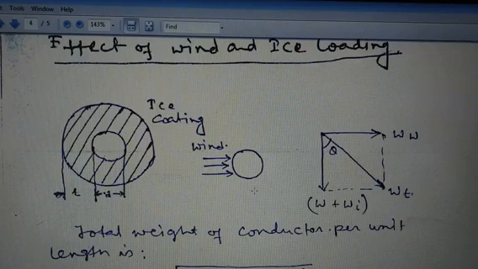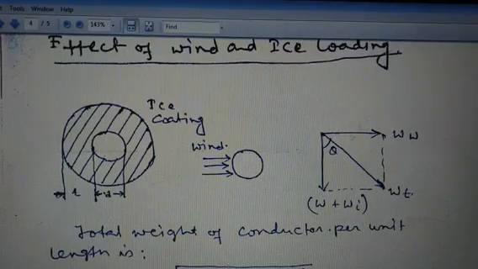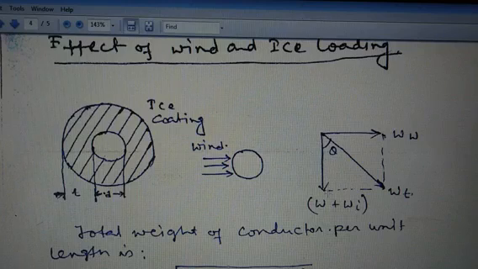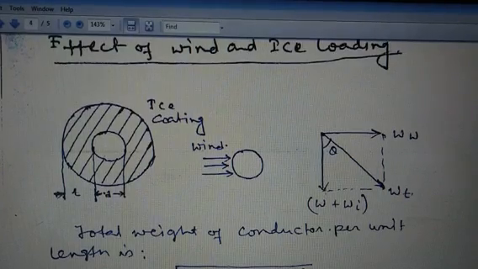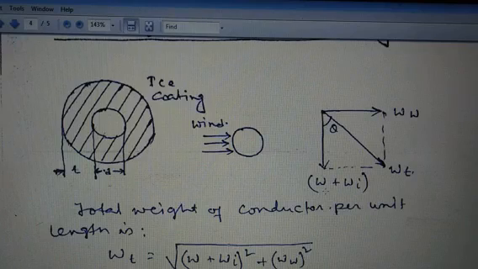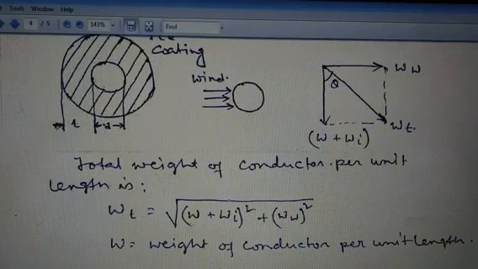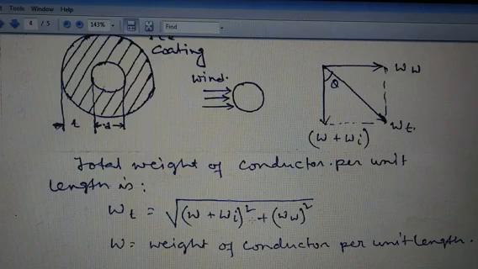that is, at right angle to the projected surface of the conductor. Hence the total force on the conductor is the vector sum of the horizontal and vertical forces as shown in the figure. So there are two forces: Ww, the wind pressure, and the weight of the conductor and the ice. So here